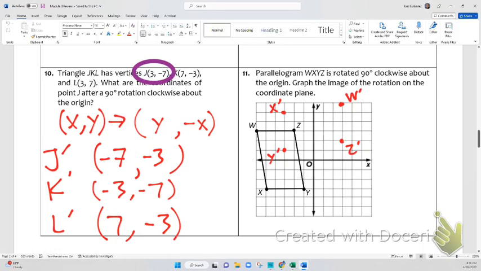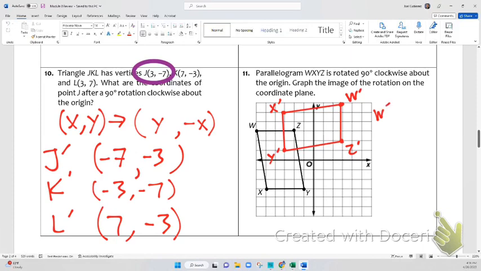And then all I do is I simply connect those using my feature here that I have, and it looks like that, okay? So again, a 90 degree rotation clockwise. Clockwise just means going in the same direction as a clock, right? And then lastly,